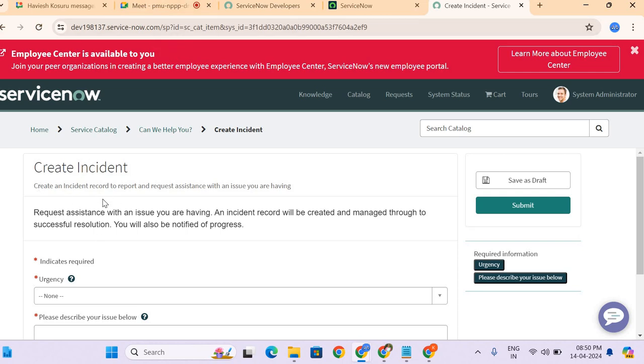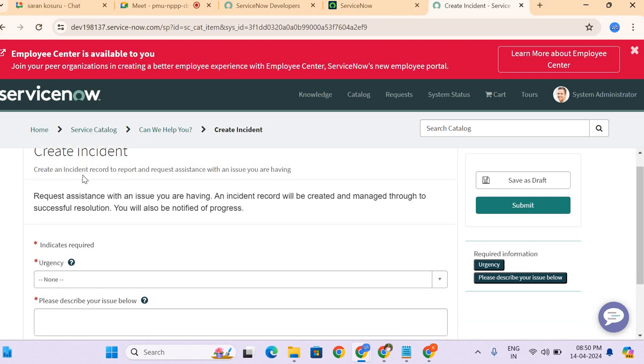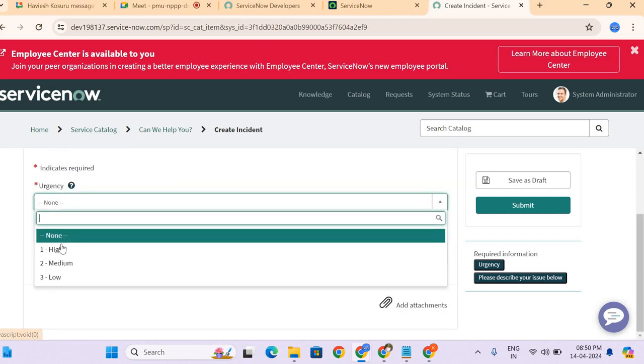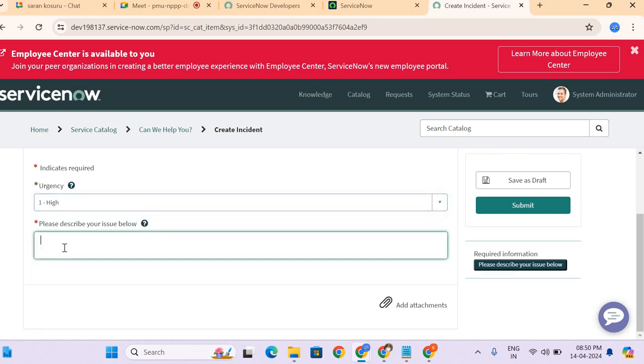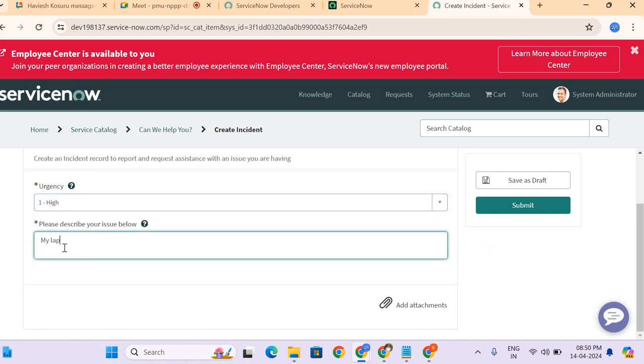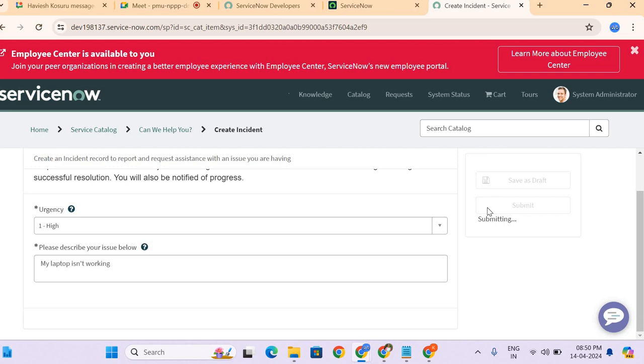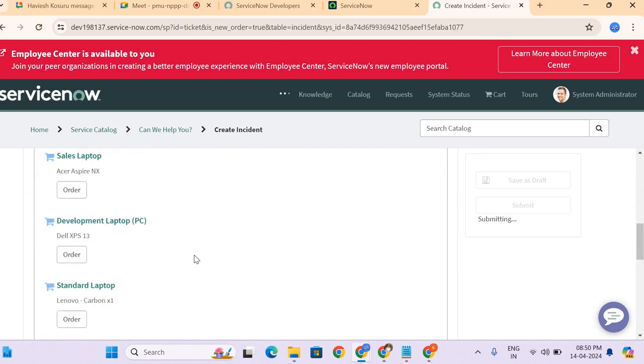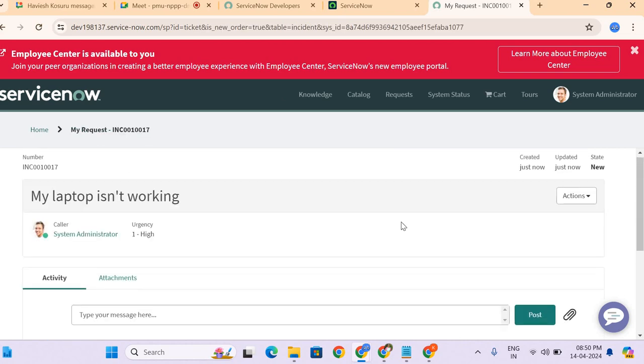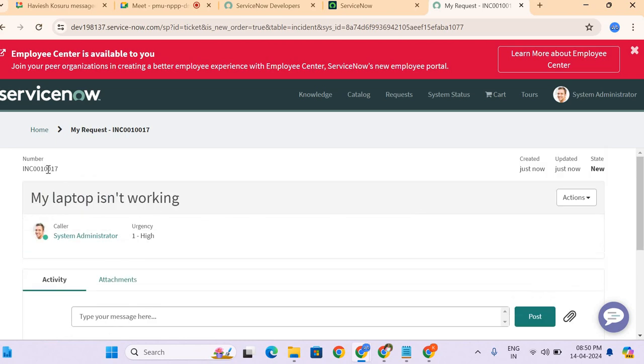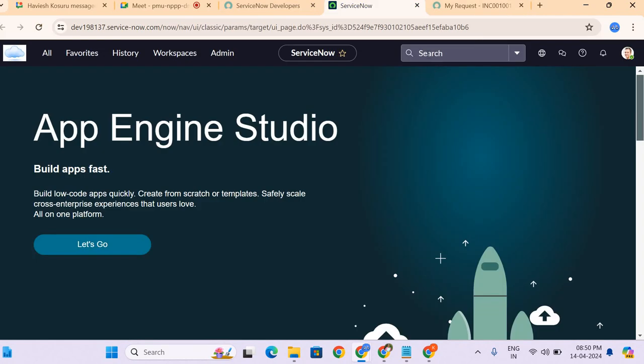In portal, all your catalog items will be visible. So here create incident. So let me say my urgency is 1 and my laptop isn't working. And then if I submit this, so on submitting, here if you see the incident number, let me go and search for this incident.